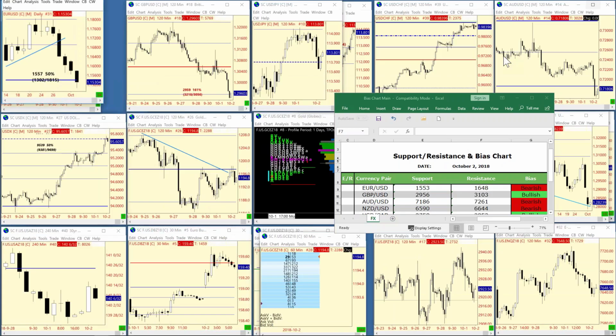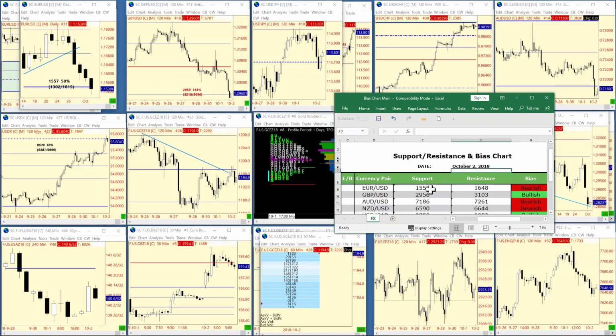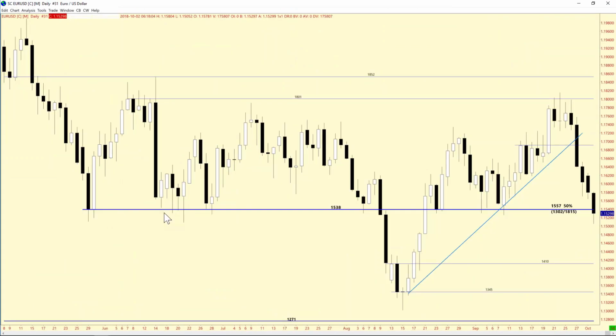And put this here. So whenever we put the asterisks here, I'm talking with a bit of a space here. What that means is that's when we're looking at a daily, and it's important for this market to hold that area, or in this case, reclaim it. So once again, looking back to the euro on the daily, this is the daily chart here. You can see this 1538 coming across, very key area, almost working like a pivot.